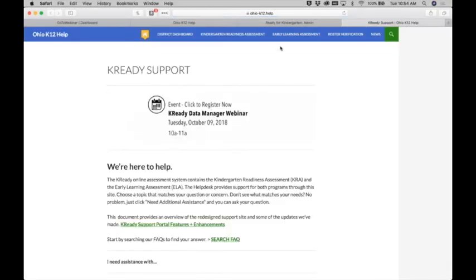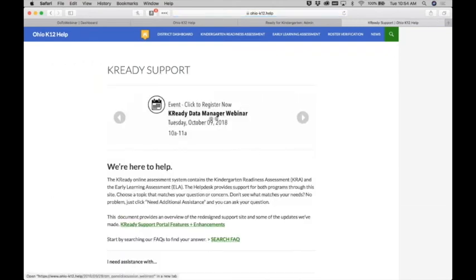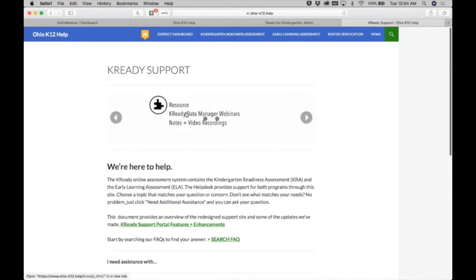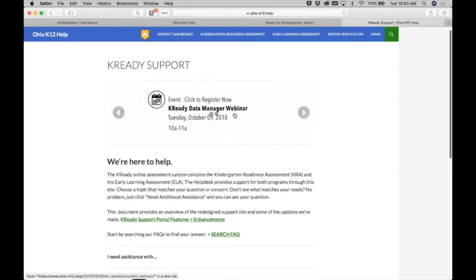And again, if I go back to the home page, the landing page of K-12 Help, I believe Christina also showed you, you can click either Kindergarten Readiness Assessment or Early Learning Assessment, and it will bring you to the same support page. Once you're on this page, we have a section here about data managers and resources. Right now it's in the banner, but you can access it from a multitude of places here. So if we click on this here in the banner,